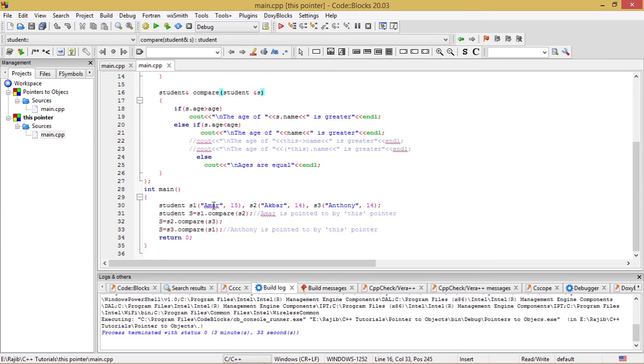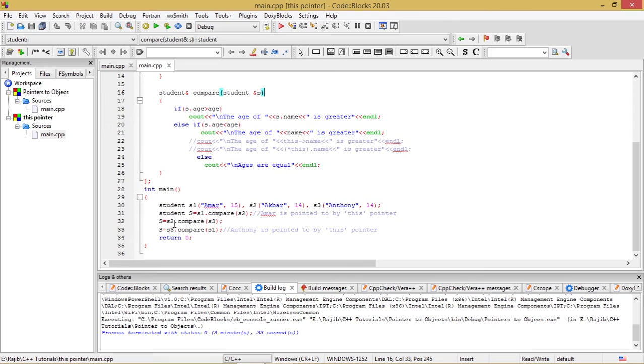This is nothing but the string whose base address is going to be copied to the array, which is name, and this is the value of the age of that particular student. This is Amar, this is Akbar, this is Anthony, and these are their attribute values. Akbar is the name, 14 is the age, Anthony is the name, 14 is the age.